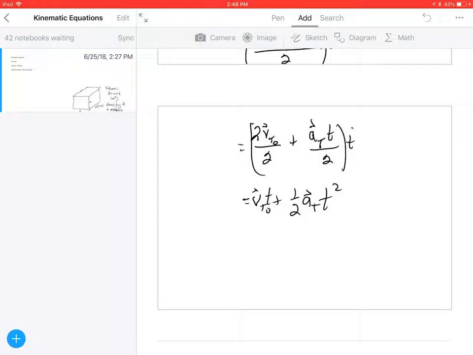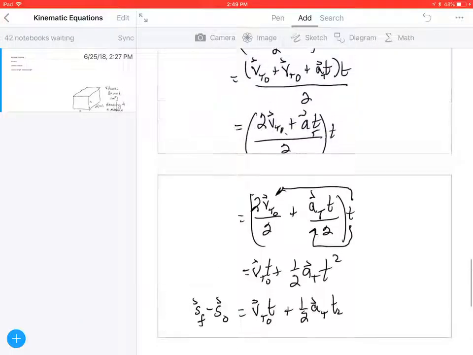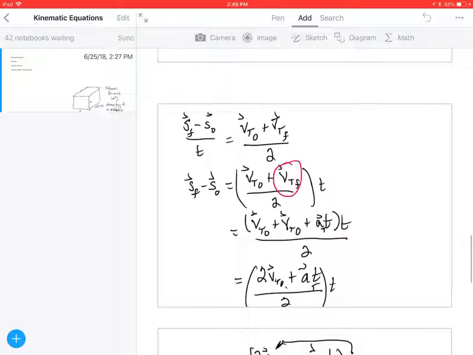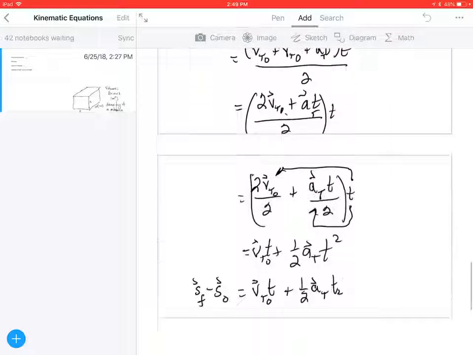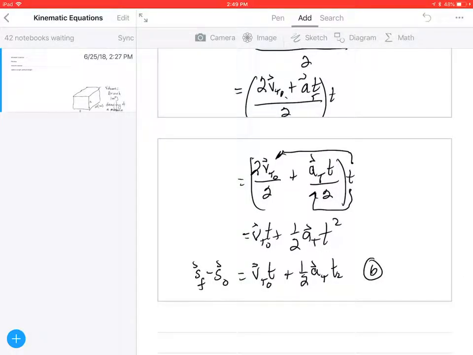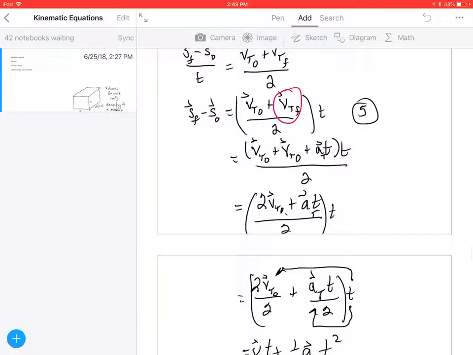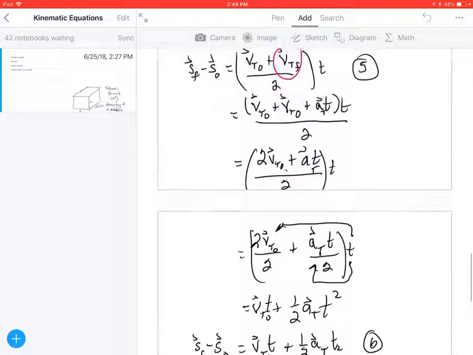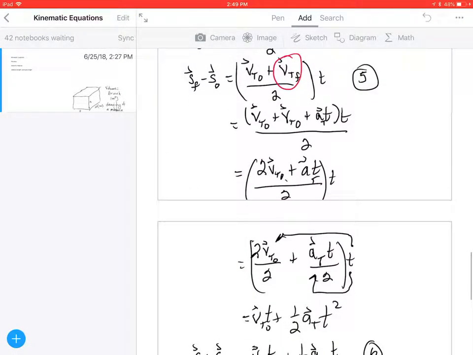Let me go ahead and multiply through by the T as well. All right. So we come up with a final equation that looks like this. SF minus S initial equals VT initial times the time plus 1/2 times the average acceleration times time squared. We are going to call this one, so that's 4. This should be 5. Let's call this equation number 6. So these last two equations, equation number 5 and equation number 6, are the two that we'll be able to use in the following